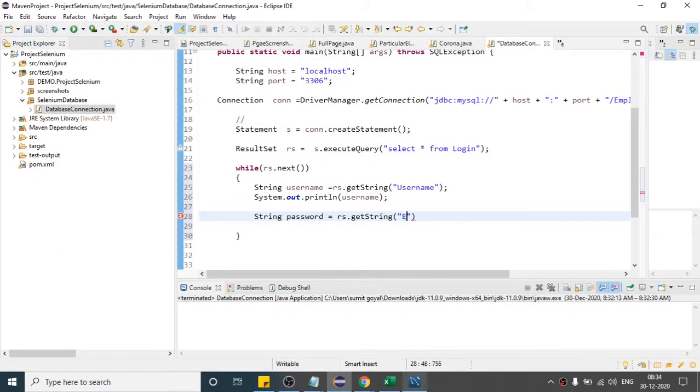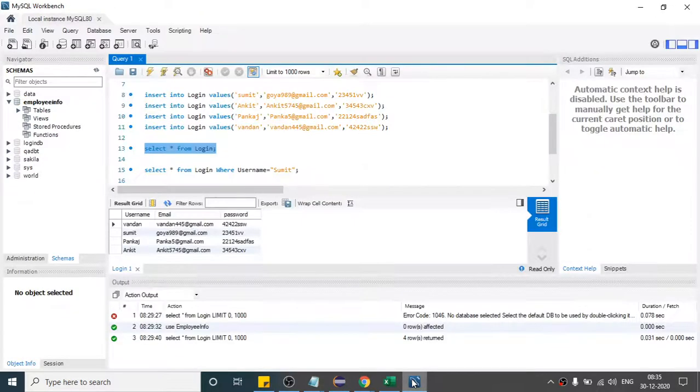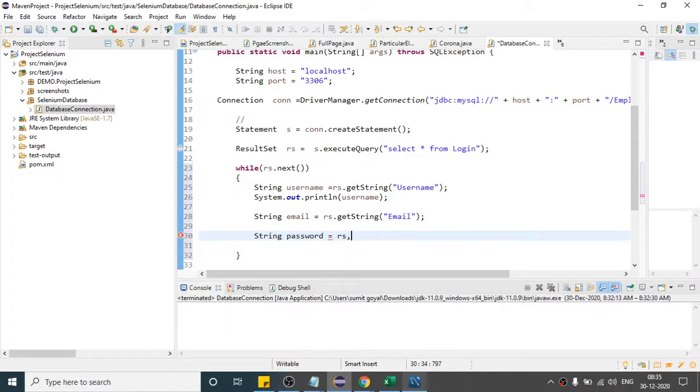So I will write email here, and once it provides the email, I will say String email. Third one is password, and I will say rs dot get string password.